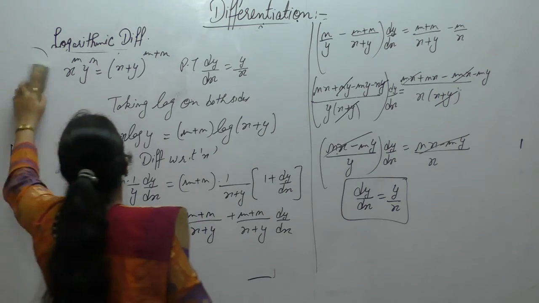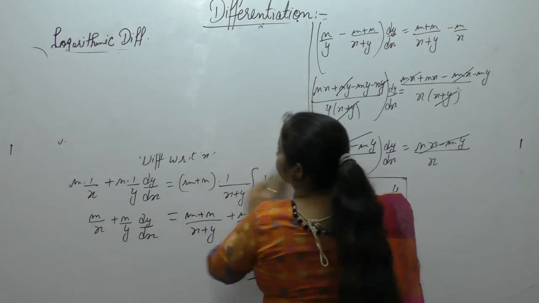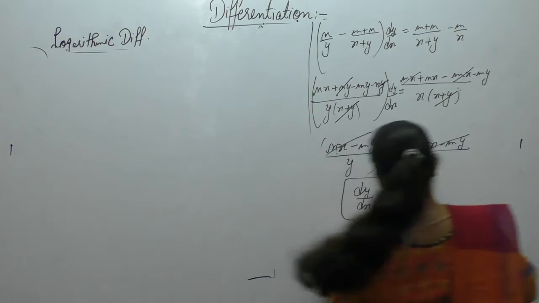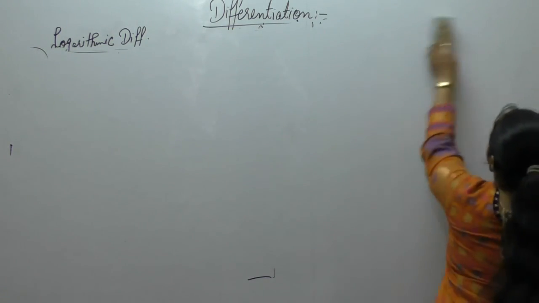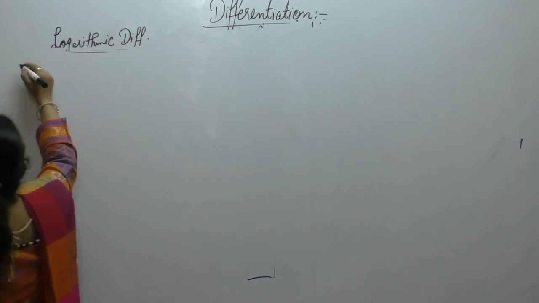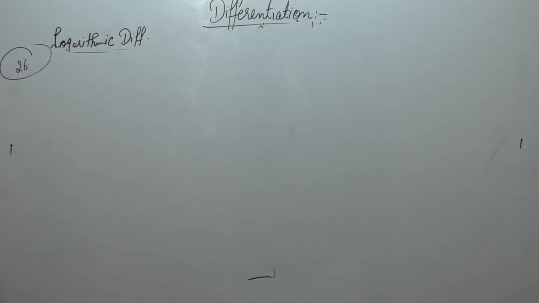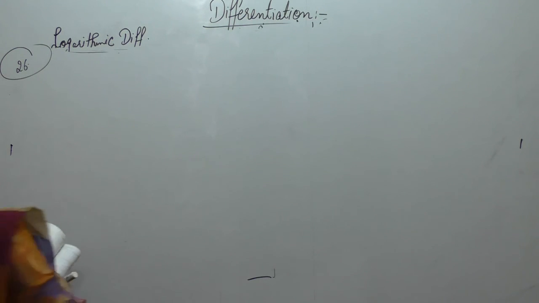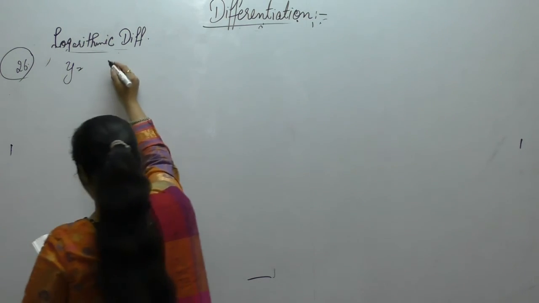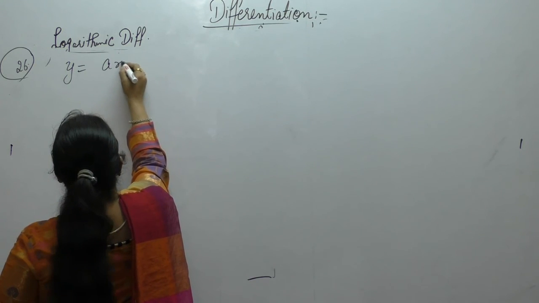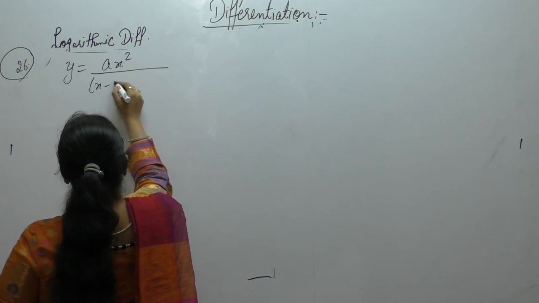Now the next one. Next question is, if y is equal to ax square upon x minus